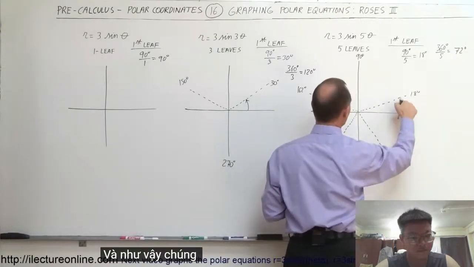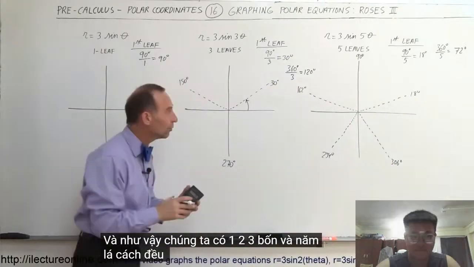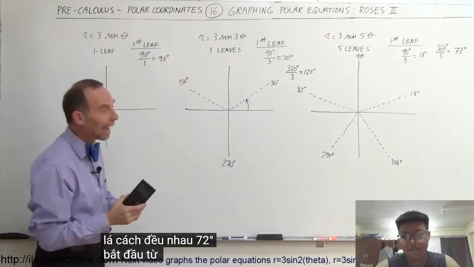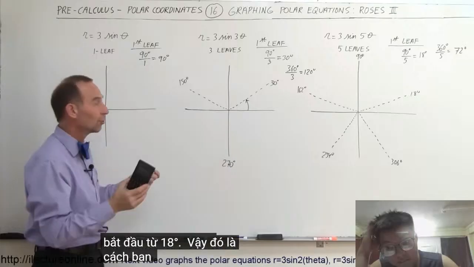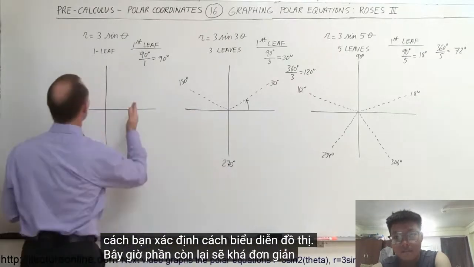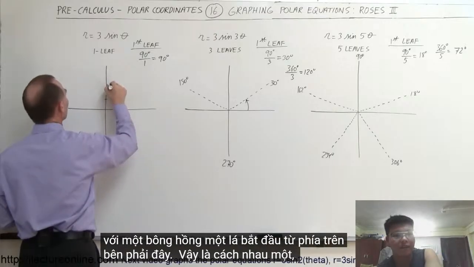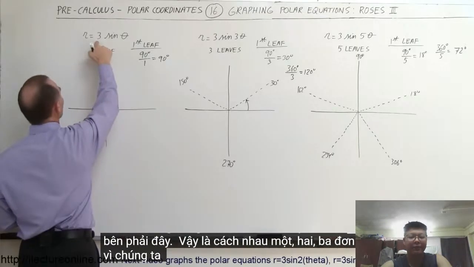And so we have 1, 2, 3, 4, and 5 leaves, all evenly spaced, 72 degrees away from each other, starting at 18 degrees. So that's how you determine how to graph these. Now the rest would be relatively simple. With a 1-leaf rose starting at the top right here, so 1, 2, 3 units away, because we have